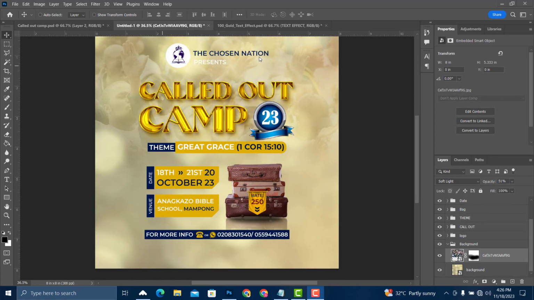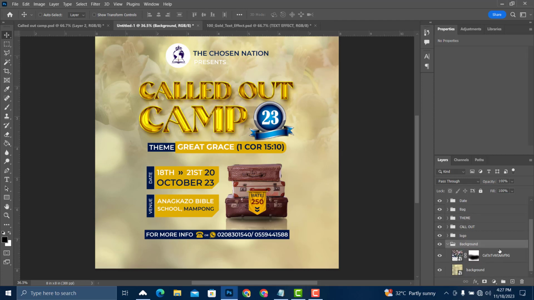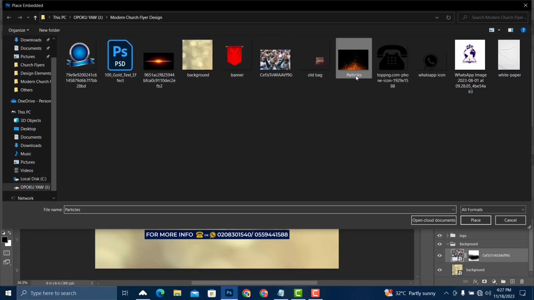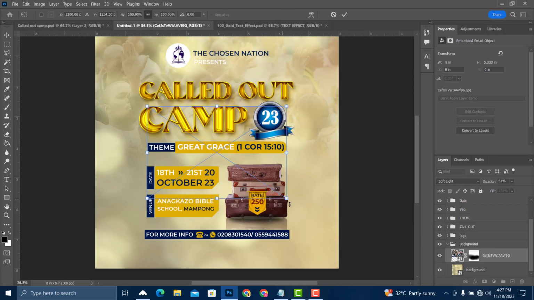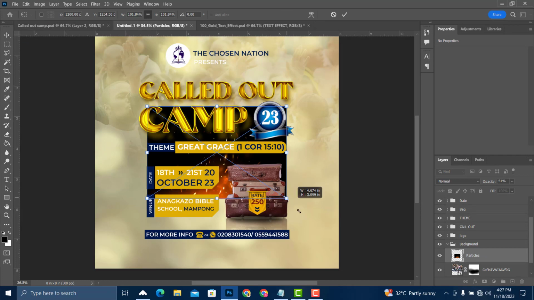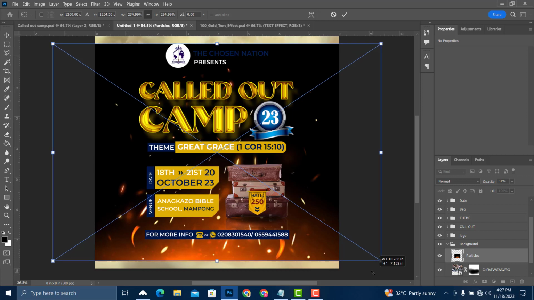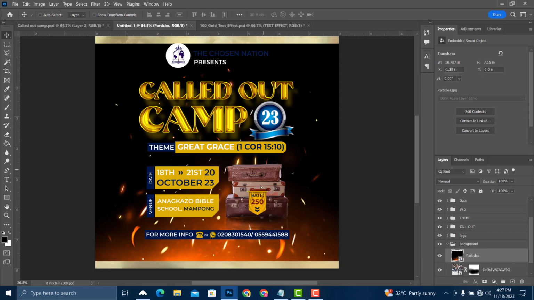For this final part, we are going to add more elements and also do a little bit of touches to the text and other things in the design. So let's add our first element in the background. So let's open the background folder like this, and then let's select this first one, and then head over to File, Place Embedded, and then bring in this layer. Let me save this element. Hold on Alt, and then open it up like this. Release it, and then click on the check mark, and then bring it down like this,